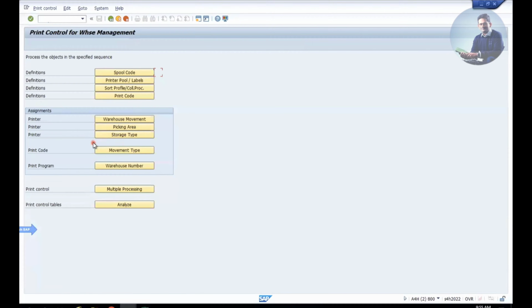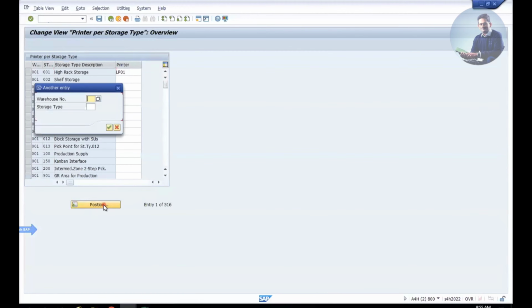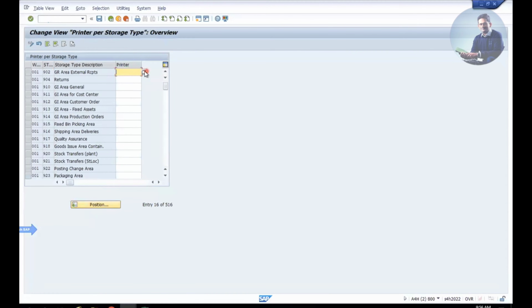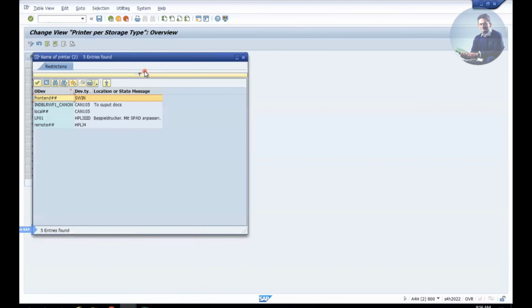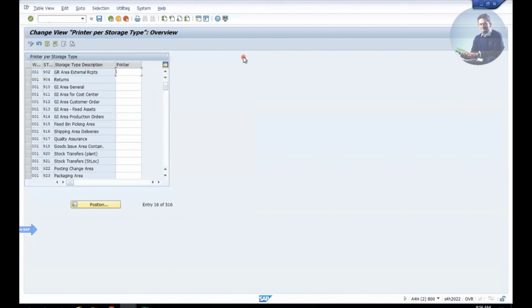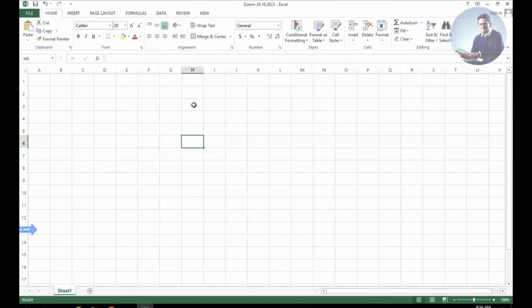Let's take an example: maintaining a printer at the storage type level, or you can maintain it at the warehouse movement level. Let me take an example of the warehouse level. Let's say 001 is your warehouse, and for this warehouse and maybe 902, you are going to maintain a printer. By mistake, if you give a printer which does not belong to your company, what happens? The printers are assigned to the users, so if you do a wrong configuration, you assign a printer which is related to, for example,